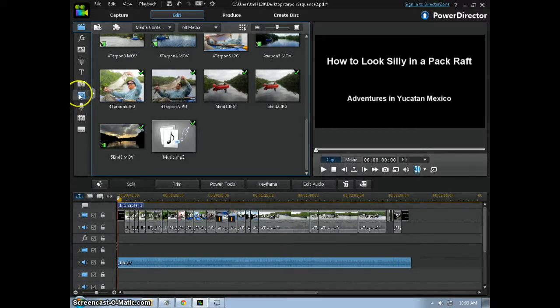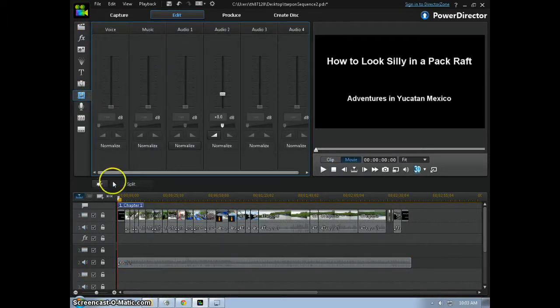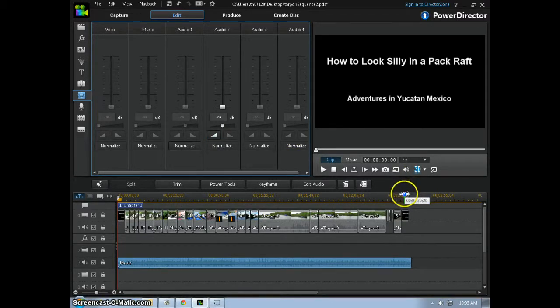So in order to make that happen, you go over here to the audio mixing room, and I want to make sure that my clip is highlighted, and I want to make sure I am all the way at the beginning of my movie. And you can see that we're allowed to adjust some of the features of Audio 2, and it's called Audio 2 because it's in track 2. So this little button right here will allow me to put a little fade in,